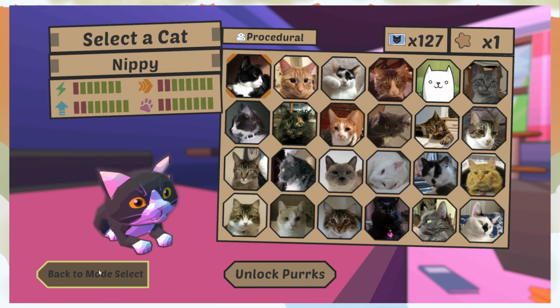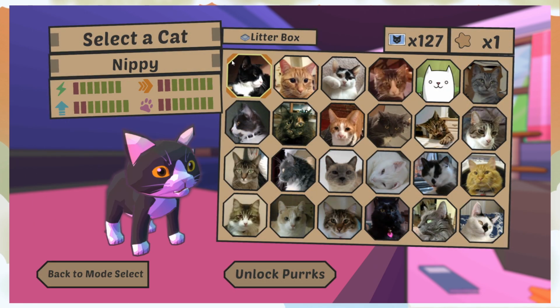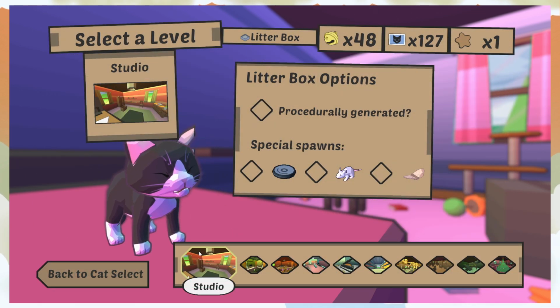Actually, you know what? No, I'm gonna go back. I wanna do a litter box. Let's do a litter box and see what it is. Litter box options, procedurally generated. Oh,